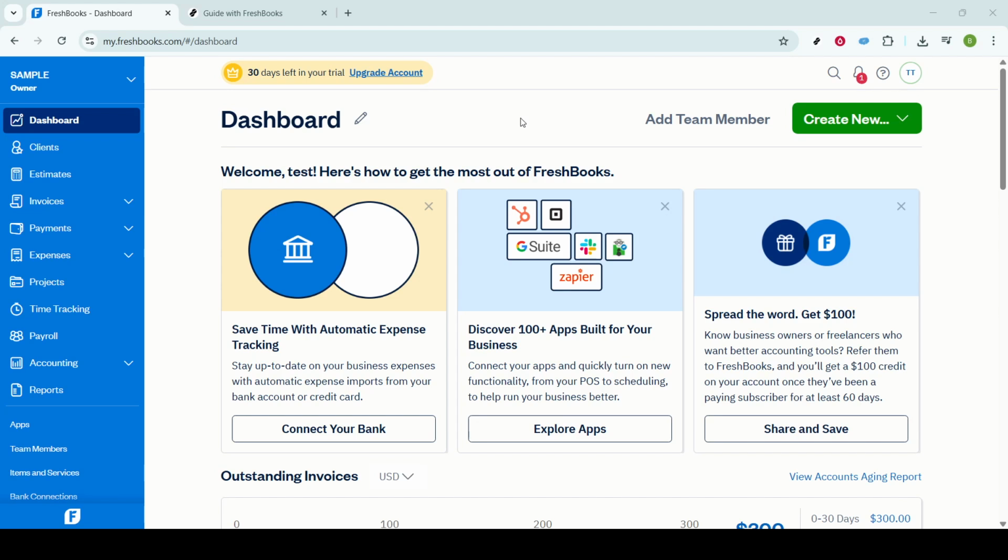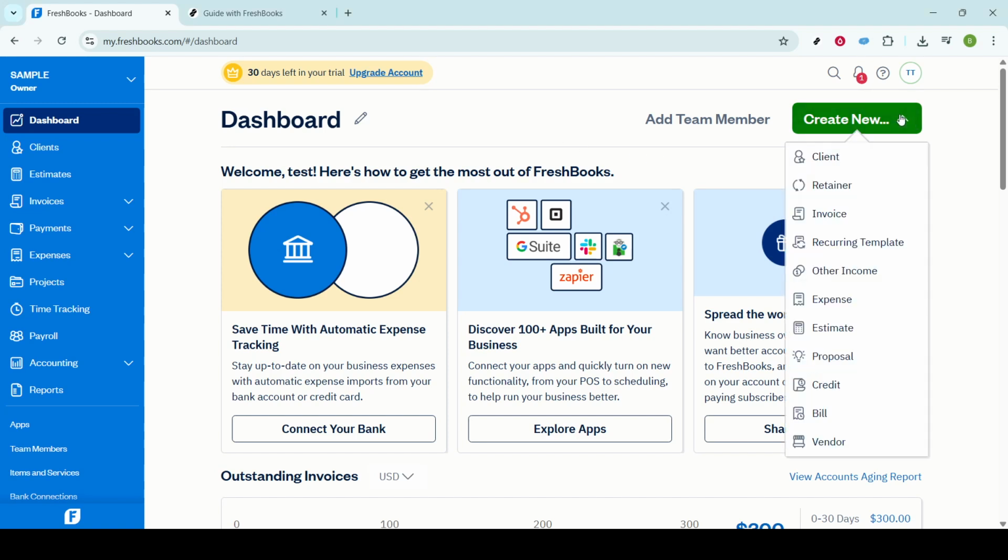Once you're on the dashboard, the next thing you need to do is look for and click on the Create New Barter button. This button is your gateway to entering new financial data into Freshbooks, including other income. When you click it, a drop-down menu will appear with several options. In this list, you'll want to select Other Income, which will lead you to a new screen where you can